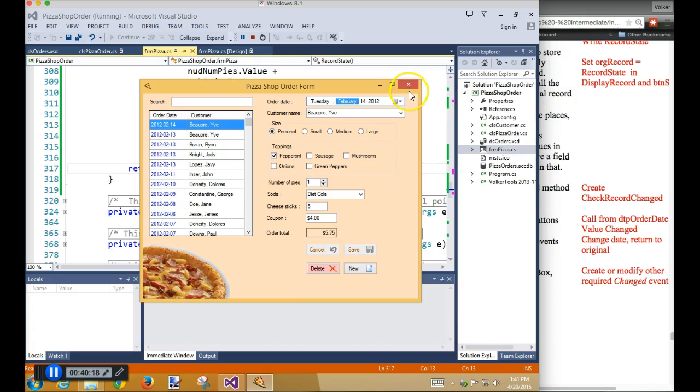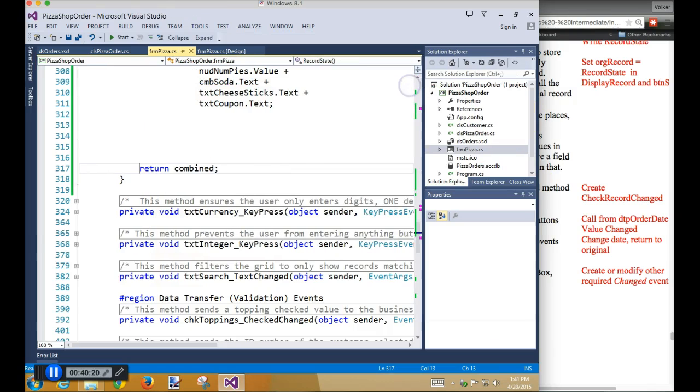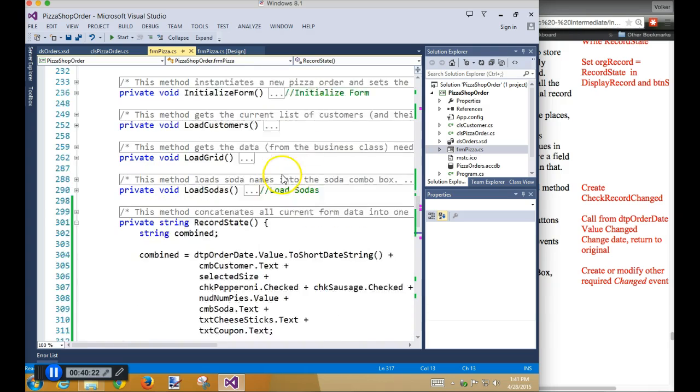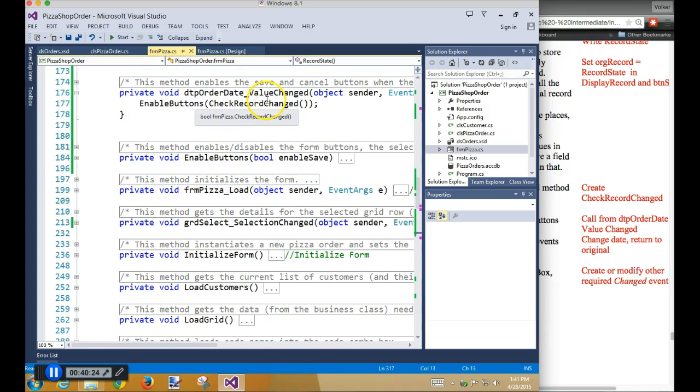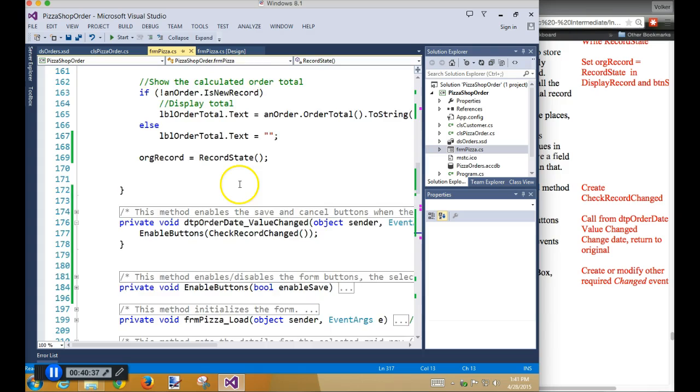And before I forget, check record changed. Right here, that's Karen, right? She does her job. And then we take the answer that she gives me and I send it to Trevor and he turns on the buttons. But if we go look at check record changed real quick,